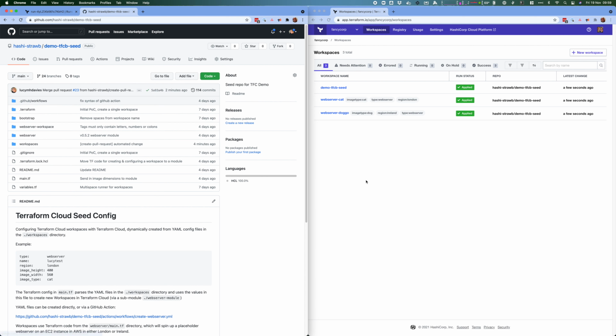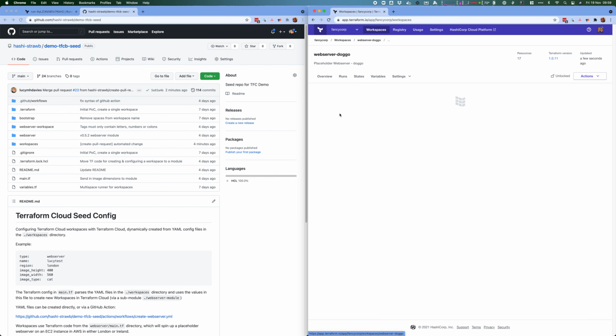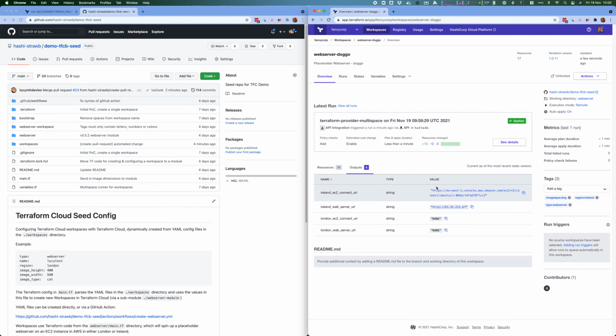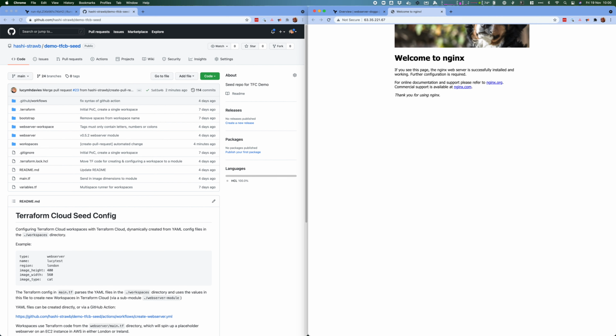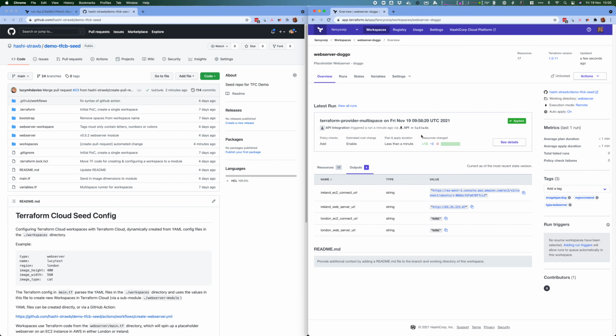Cool, so there we go. We can now see that our Doggo workspace now exists. If we go into that one, same as before, we've got a link to the web server itself. Click on that, picture of a dog, as we requested. And this is just a simple toy example with this web server, but hopefully you can see that this could